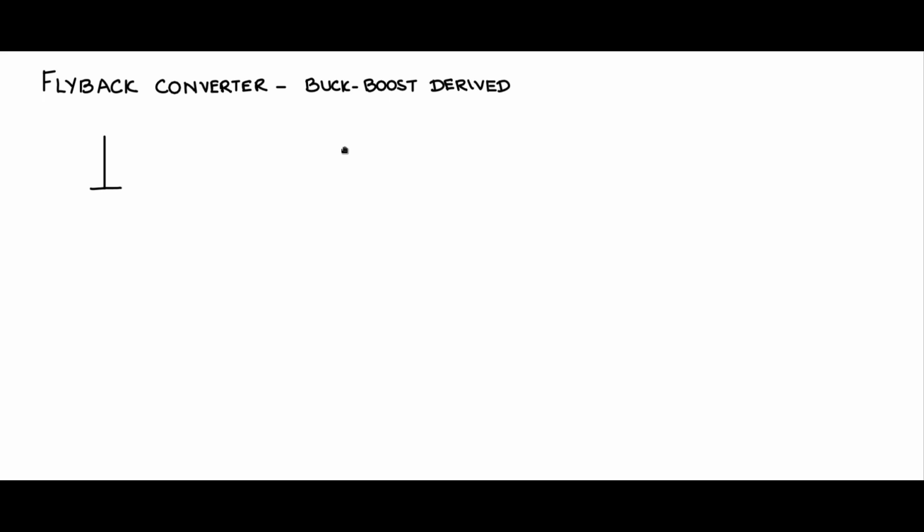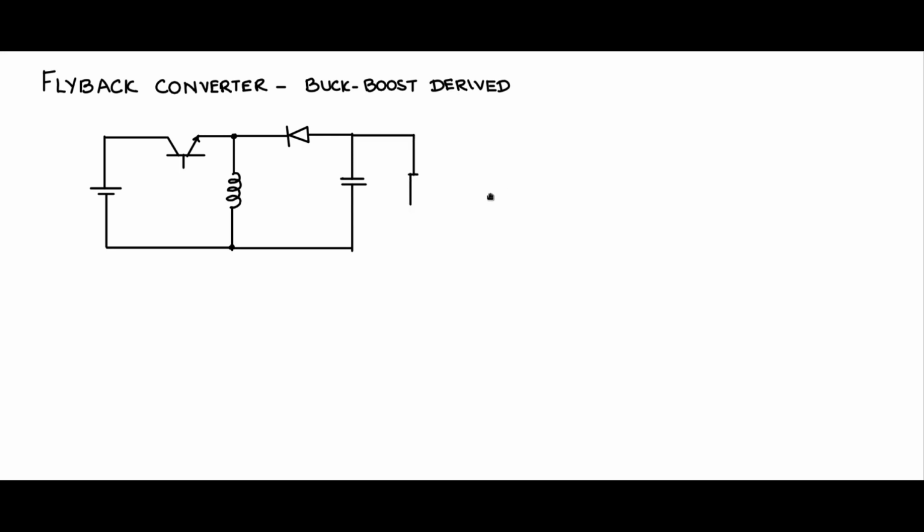So let us begin by drawing the circuit of the buck boost converter, and let us derive the isolation from that. So we have the source, the control switch, inductor, uncontrolled switch diode there, the capacitance and the load. So this is the buck boost converter which we know and which we have discussed, and we know its operation. Let us now name the parts. You have Vi measured in this fashion, R0, V0, L, C, Q, control switch, D, diode.